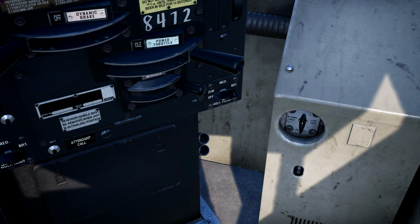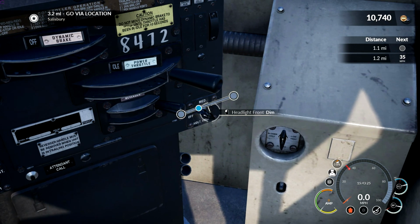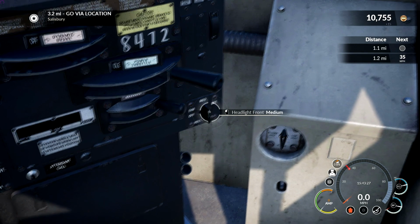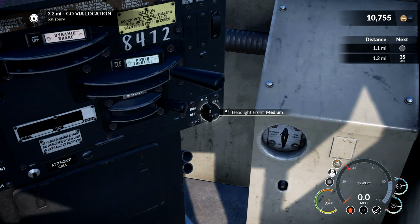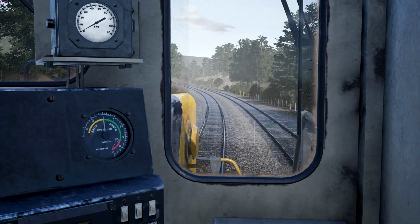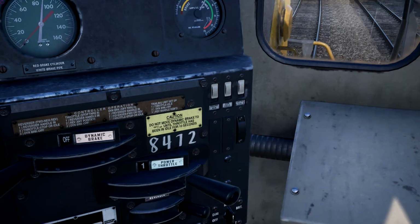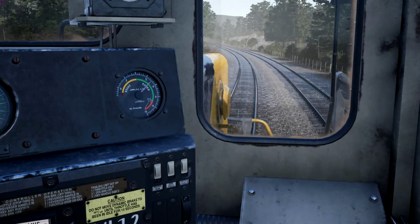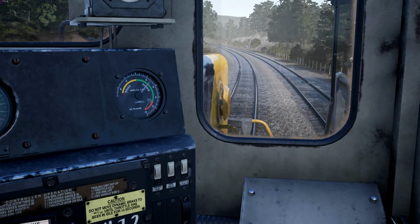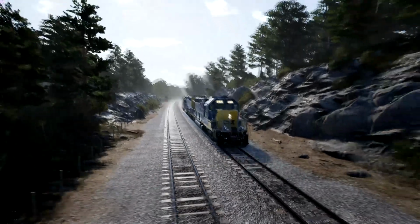Oh, and of course, we want to turn the lights on and all that. And of course, the engine behind us now, I had set it in neutral, obviously before I got out to go into the station. But we're going to go ahead and put it in forward and give it a little throttle. And here we go, heading down the track. So this is how we can head back to Cumberland, but the problem is,